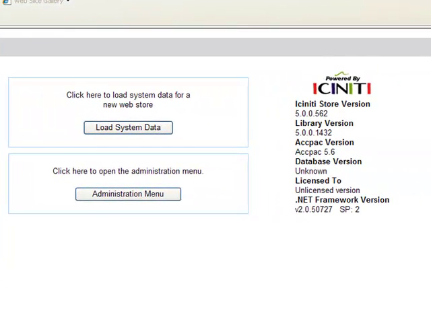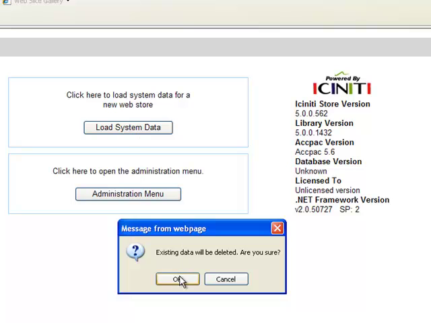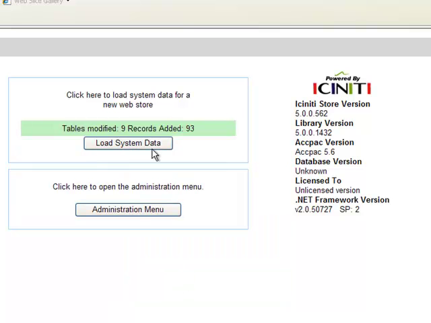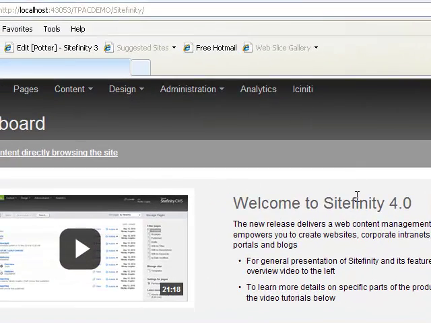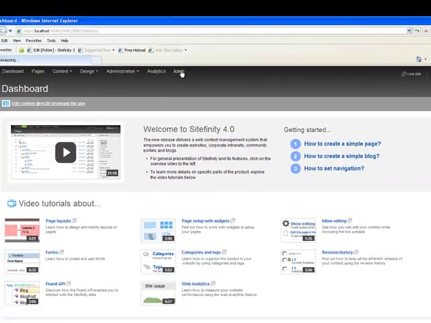On the last screen, it asks you to load system data or go to the administration menu. Loading system data will put various tables with country codes and states and provinces in them. So we're going to load the system data. And that's done, and now we want to go to the administration menu. I'm going to go back into Iciniti,